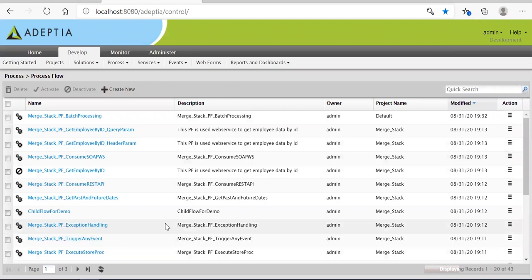So we have seen how we can export the objects on different levels. Then we have seen how the promote option works, though because the environment is not there, I was not able to show that. And then we have seen how we can deploy the exported zips, the exported code. This exported code you can source control. And we have seen how new artifacts are getting generated and old artifacts are getting overridden.